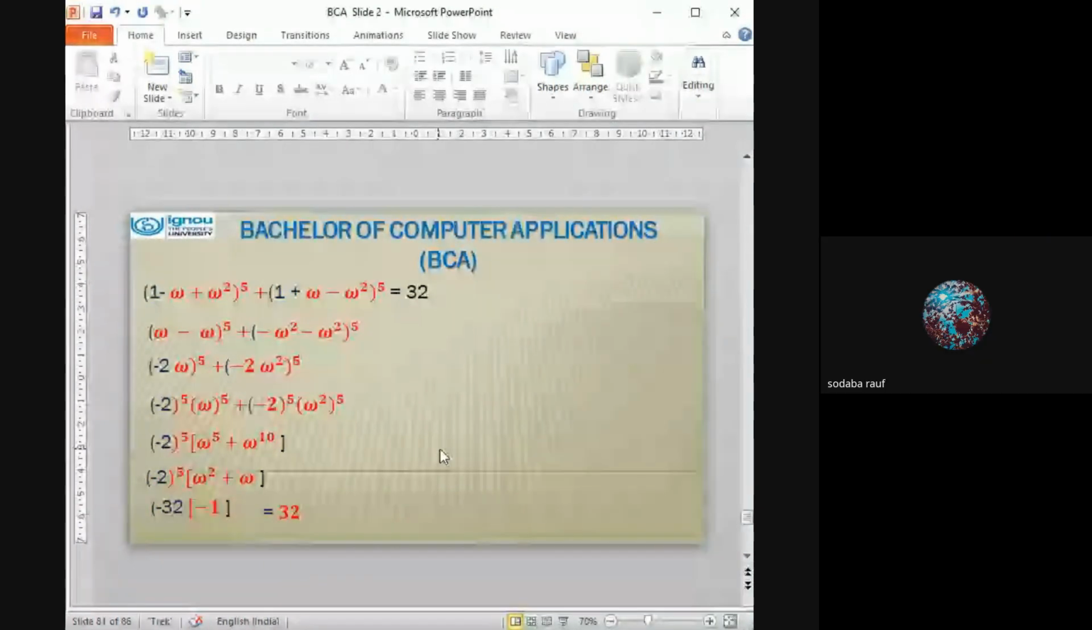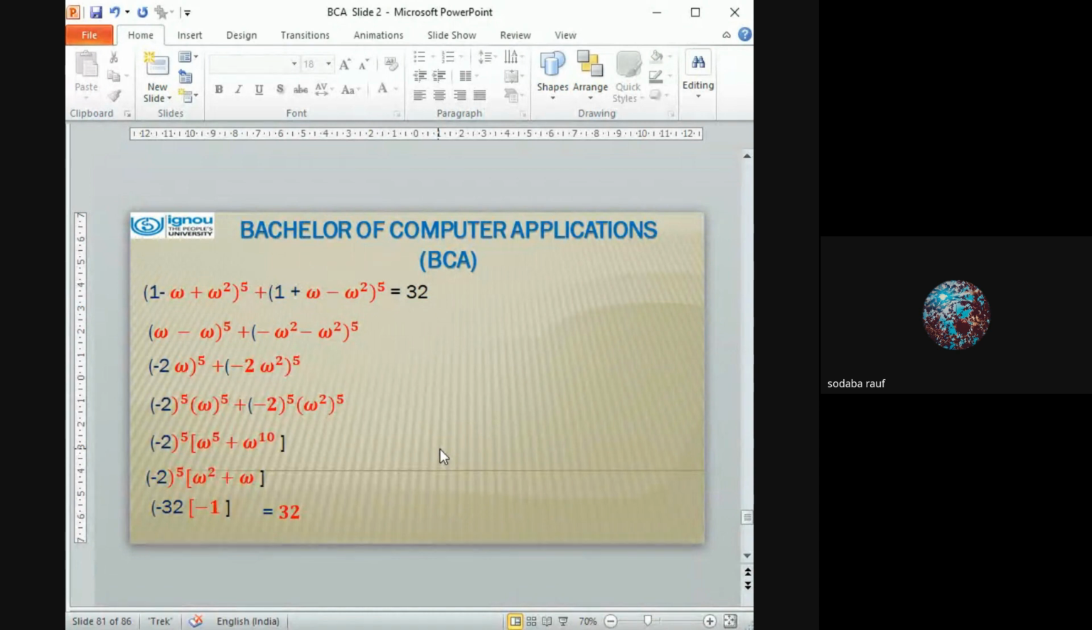In this question, (1 minus omega plus omega square) to the power 5. In this question, we can write 1 plus omega square equal to minus omega, so minus omega to the power 5 plus 1 plus omega square equal to 0. 1 plus omega equal to minus omega square, so minus omega square to the power 5 minus omega